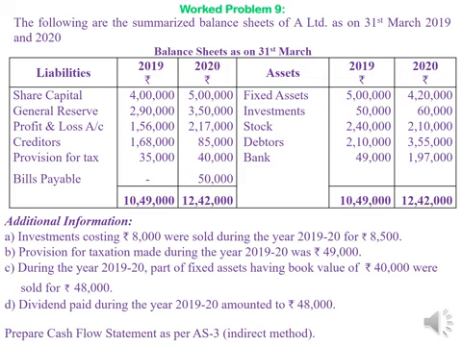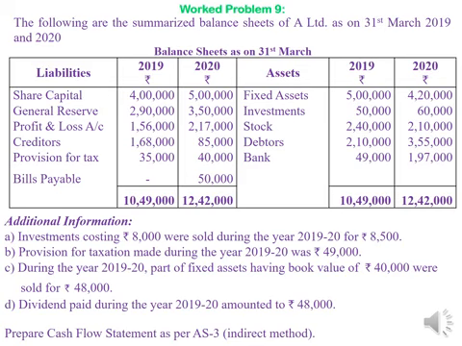Provision for tax is given 35,000 and 40,000, and in additional information, point B says provision for taxation made during the year was rupees 49,000. Therefore, it is better to prepare a provision for tax ledger account to find out some hidden item. We can also treat it as current liability, and provision for tax made during the year can be again taken into account, but that is not a prudent way to treat provision for tax in these types of cases.